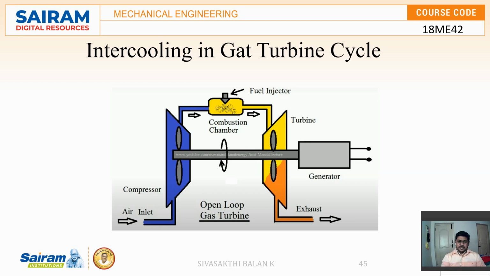This high pressure, high temperature gas mixture enters the turbine where it gets expanded. Expansion is nothing but the pressure decreasing and the volume increasing. Since pressure decreases, temperature also decreases. So this low temperature, low pressure gas, which is almost equal to the surrounding atmosphere, is sent back to the surroundings. This is how the open cycle gas turbine works.